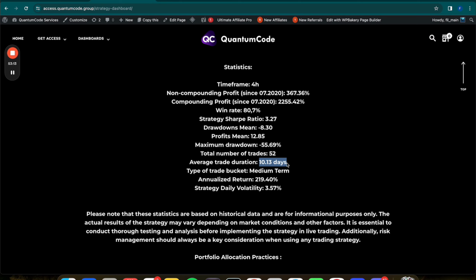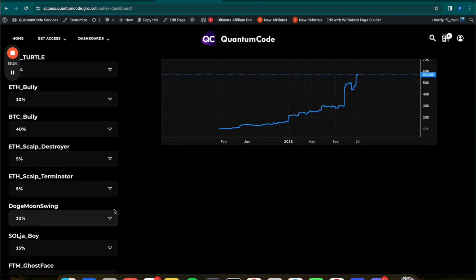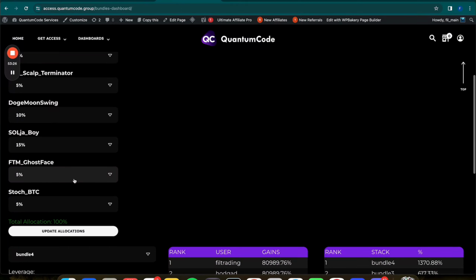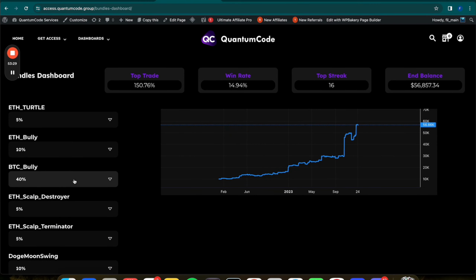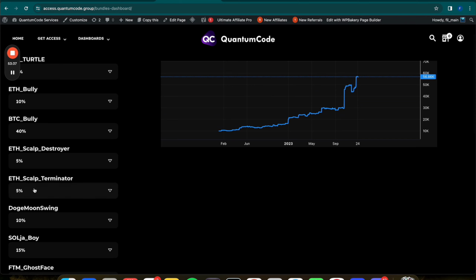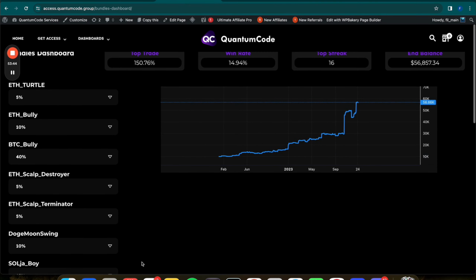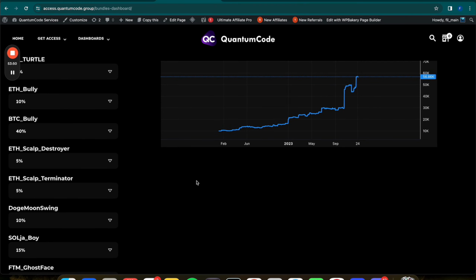And the number of total trades is 52 over like 2 years, something like that. So it trades every second week. Some trade more often, some trade less often. But in general, it's very easy to also manually trade these strategies because they don't trade that often. Like with the 9 strategies here, you might get a signal every second day, or like every day. Sometimes you have like two signals in a day. So they're very simple, very straightforward to trade, even though you're trading 9 strategies at the same time.